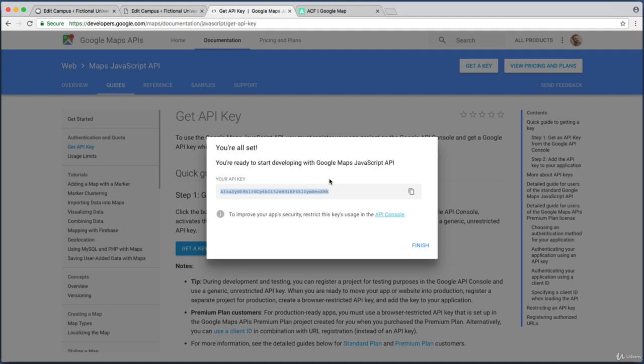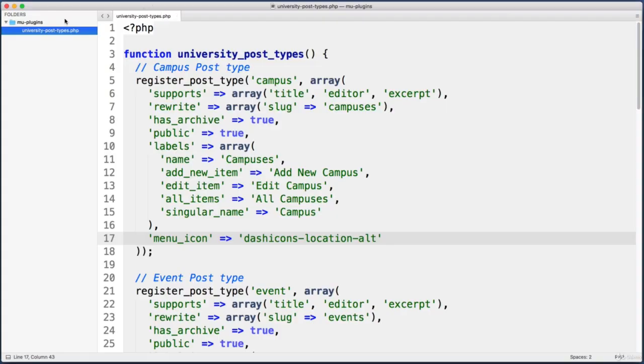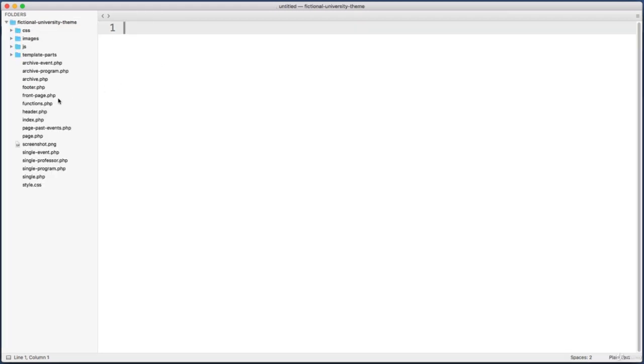And now you and I just need to pass this key along to WordPress and the Custom Fields plugin, right? So then it will have permission to talk to the Google Maps service. So back in our text editor, we can forget about the MU plugins folder for now. Let's jump back to our theme folder. And I want you to open up